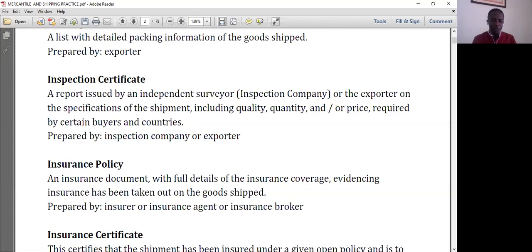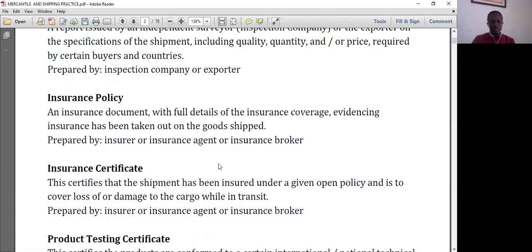So if you see that your cargo is more expensive to be secured by clause C, then you pay the difference. Maybe clause B is covering up to, let's say, 10 million, and clause C is covering up to 2 million, and you want that. So the exporter will cater for the 2 million, and then you'll bridge the gap. The remaining amount you'll pay by yourself. So insurance policy is a must, and currently in Kenya,